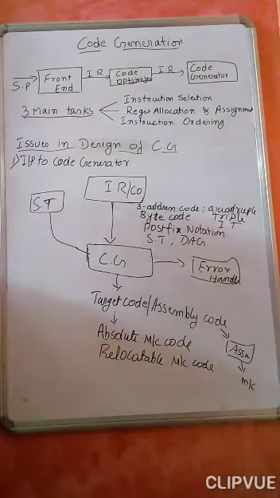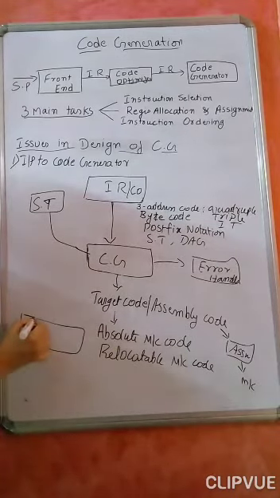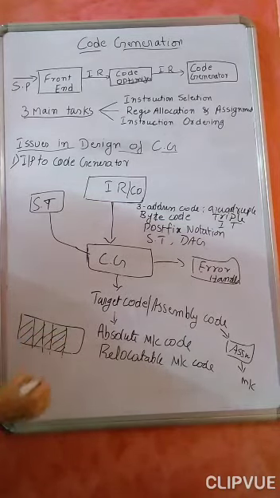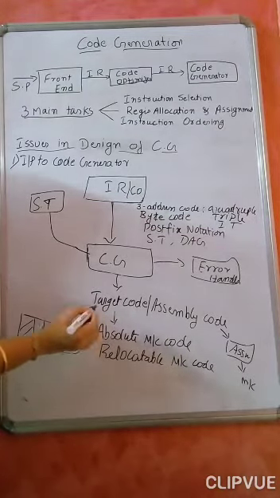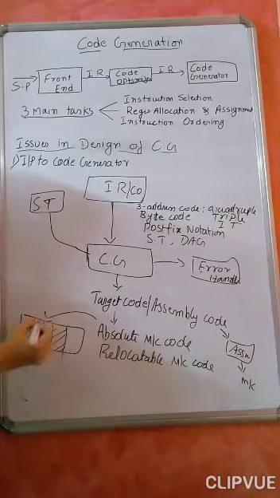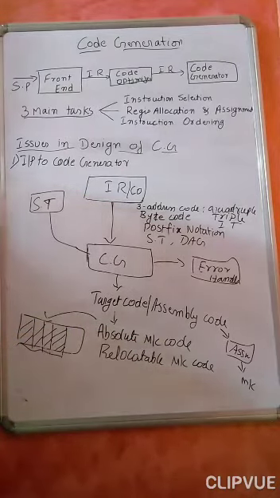Then what is this absolute machine code? Absolute machine code is the one where all your object code will be stored in a continuous memory location. Or you can say it is just a static memory allocation. So whatever object code or target code you are getting, everything will be stored in a continuous memory location, and the execution can be done immediately. There is no need to give it to the linker to link it and all that.